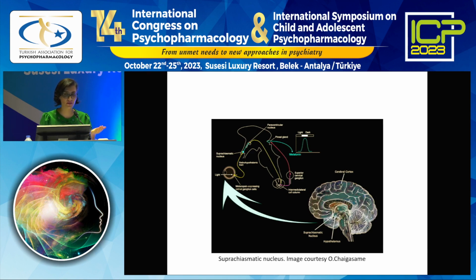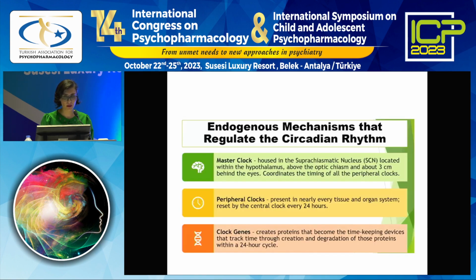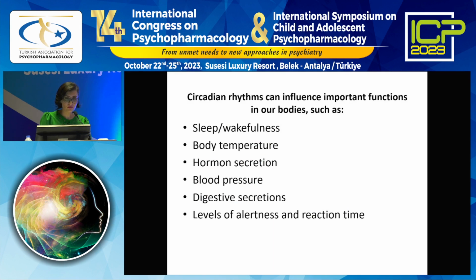I will be repeating here. With the light coming, melatonin is reduced, and with the reduction in light, there will be an increase in melatonin. So we have the sleep-wake cycle as a result, and all the other cycles. We have a master clock. We have the suprachiasmatic nucleus effective in this process, and also from all organs and tissues, there are stimulants going to different parts of our body, and there are genes that regulate these stimulants, and they produce the proteins